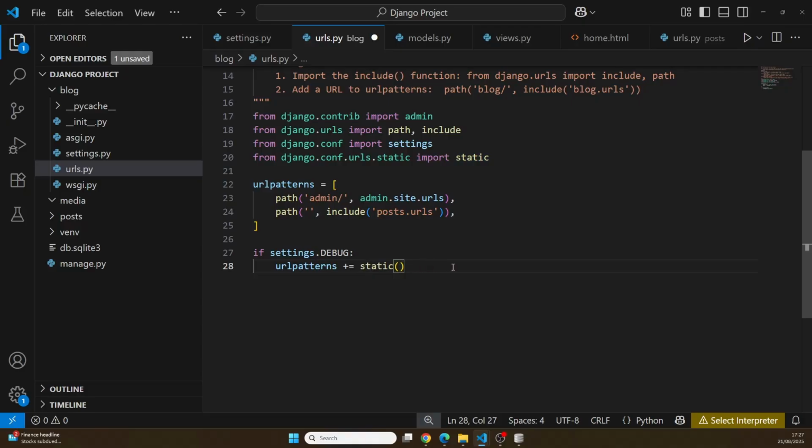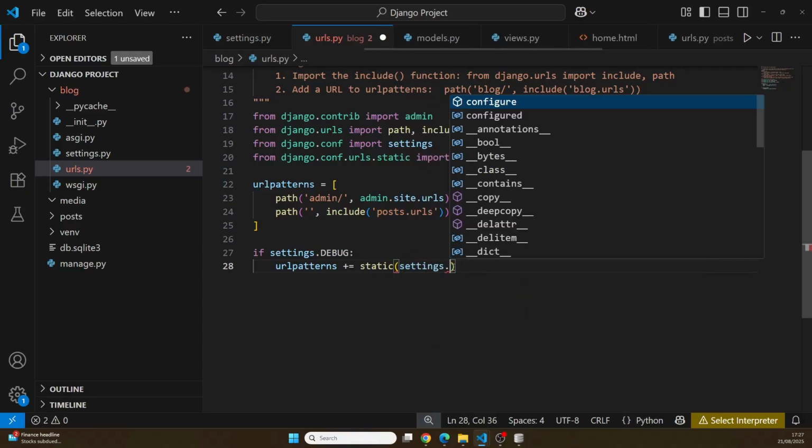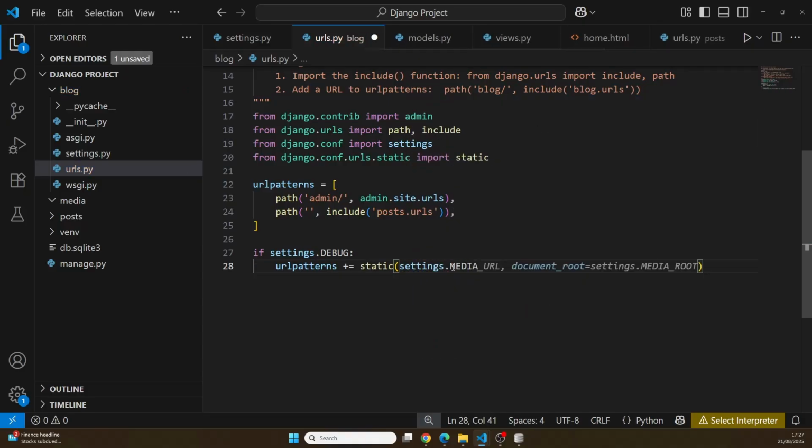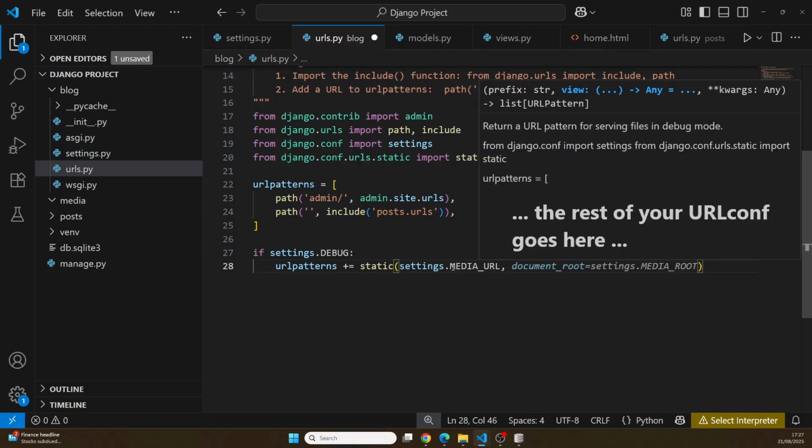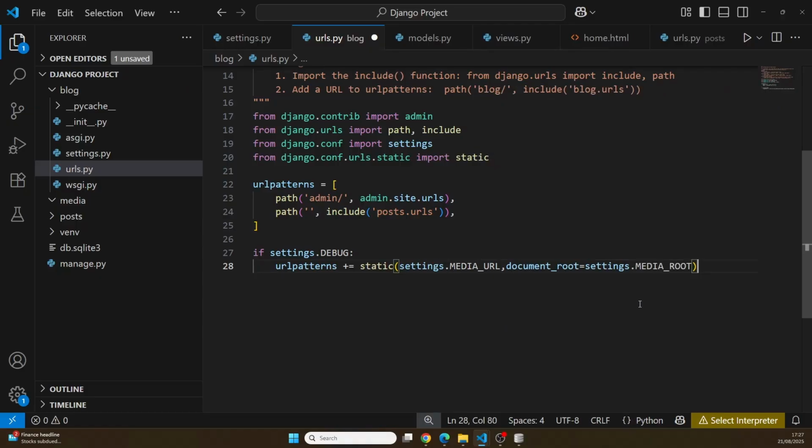So what we wanted to take a look at is the settings.MEDIA_URL, which is the setting that we've just added. And the place where it needs to look is the document_root. And that is going to be equal to the settings.MEDIA_ROOT. So we're basically telling it that it needs to take a look at all of the URLs, but also it needs to take a look at all of the media that we have in our media folder. And that will enable us to make sure that we know where the images are and that we can correctly link them from the media folder